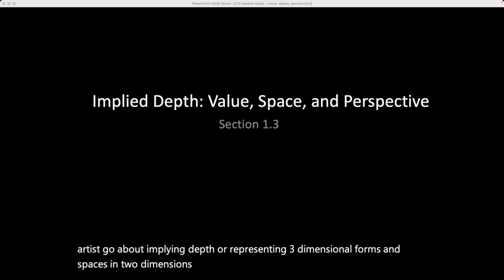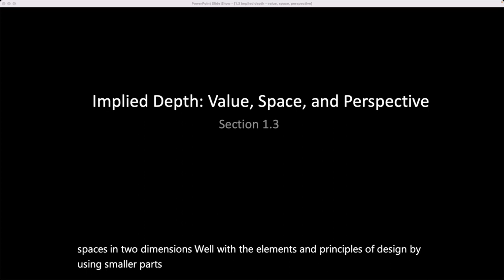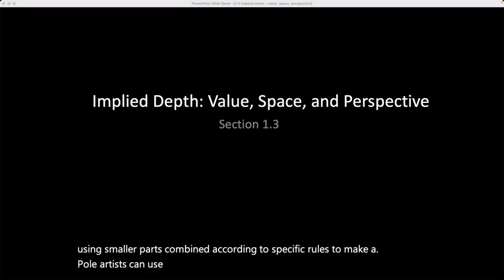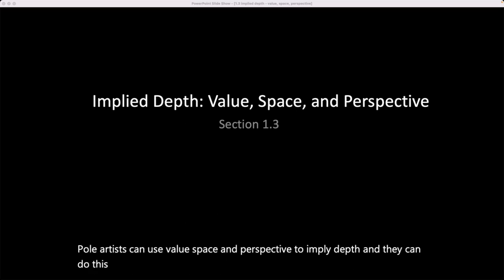Well, with the elements and principles of design, by using smaller parts combined according to specific rules to make a whole. Artists can use value, space, and perspective to imply depth, and they can do this by evoking past visual experiences. So, for example,